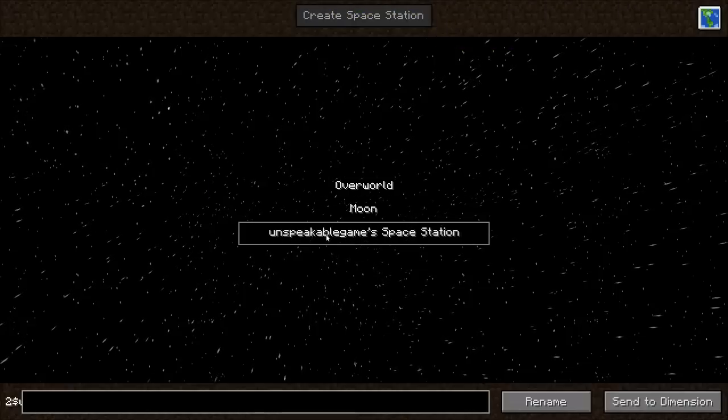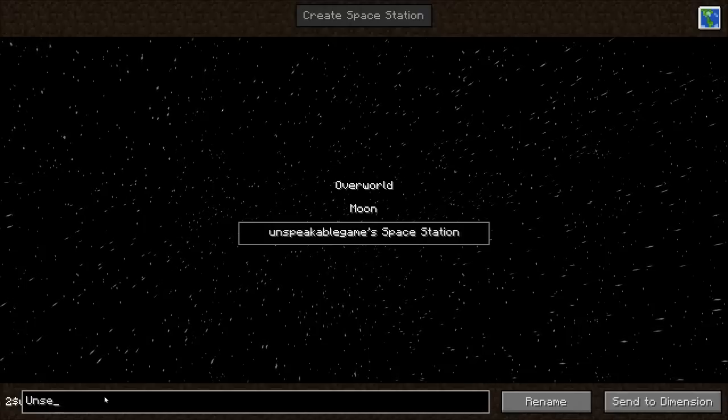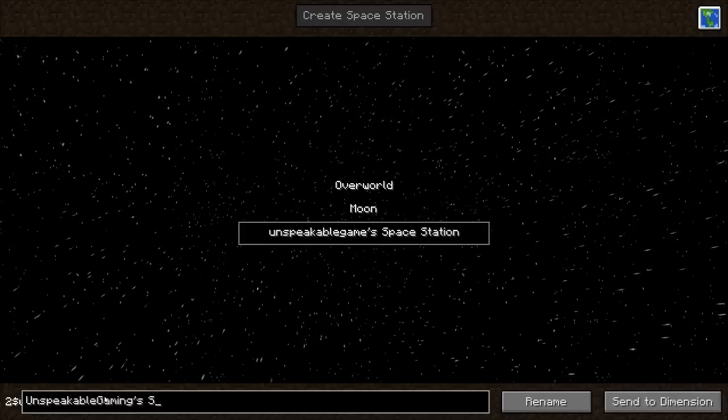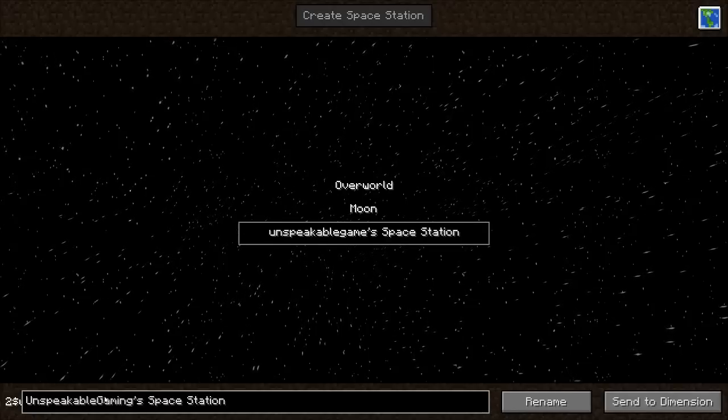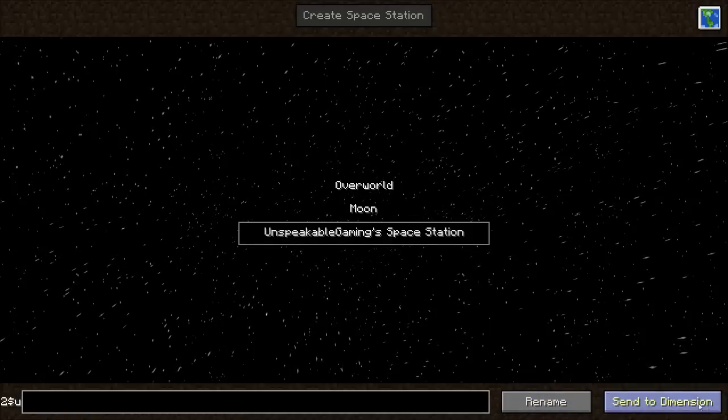And then it says our space station already created, so we can see Unspeakable Games Space Station. We can actually change the name, so let's change it to Unspeakable Gaming Space Station instead of the normal Unspeakable Game. And then we go ahead and click rename, and then I believe we can click send to dimension, and